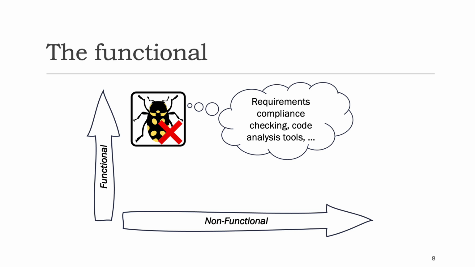And although there are still some open problems, software engineers have gotten pretty good at measuring functional quality. For instance, in the requirements engineering space, there exist automated or semi-automated techniques that analyze compliance to requirements, such as, for example, traceability approaches. There are also pretty good tools out there that can statically examine the source code, for instance, by observing the abstract syntax tree, to detect not only syntax errors, but also security vulnerabilities or bad practices in general.